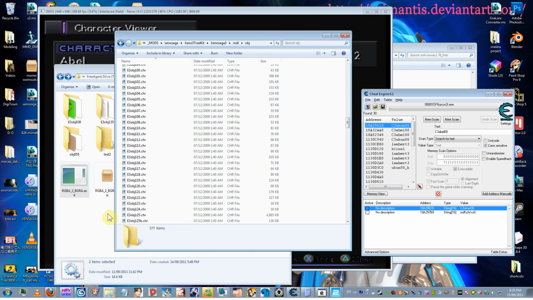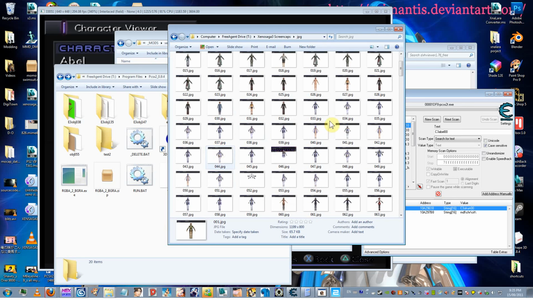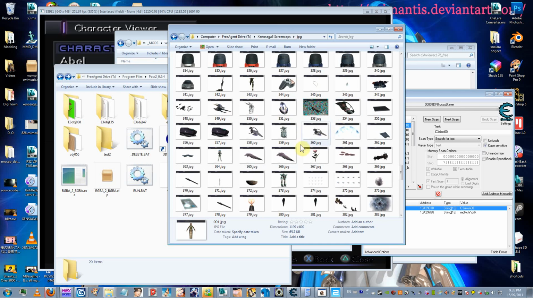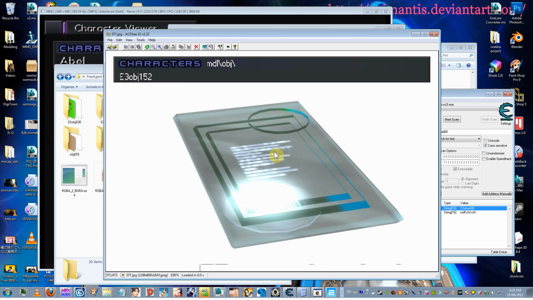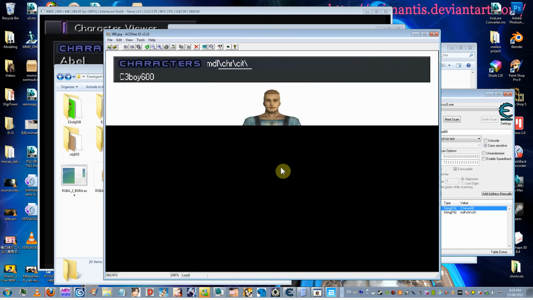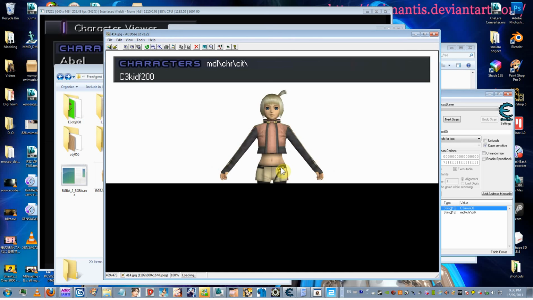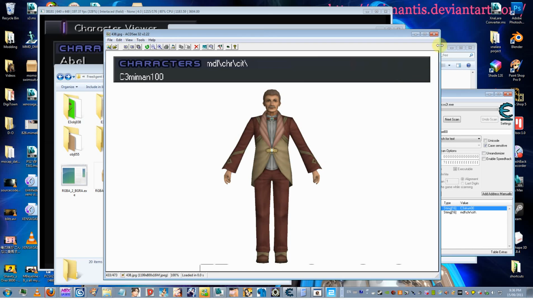One thing I did in my spare time was take screenshots of the X3 characters. Here are all the characters. I didn't do all the objects because there are just too many of them, but here's a few, for example. You can just browse through here. In the image, you can see the full path and the actual file name. You can use this data to find specific objects or models you're looking for. It's quick to find an object of interest, and you can just grab it, rip it,